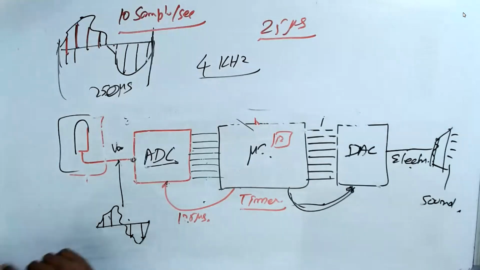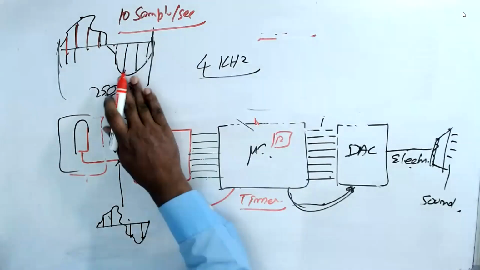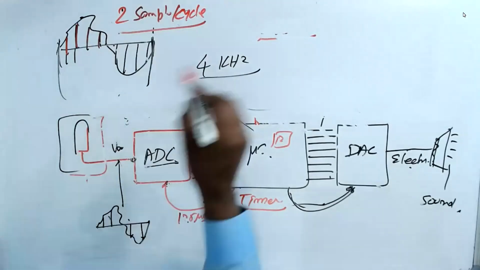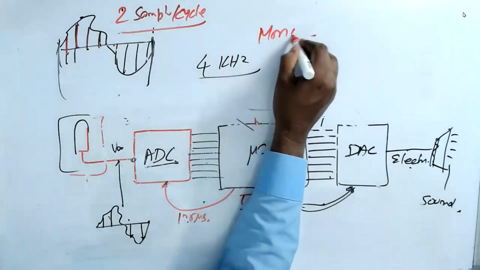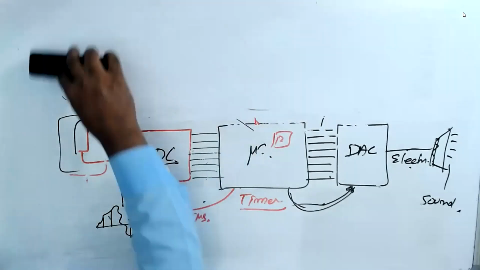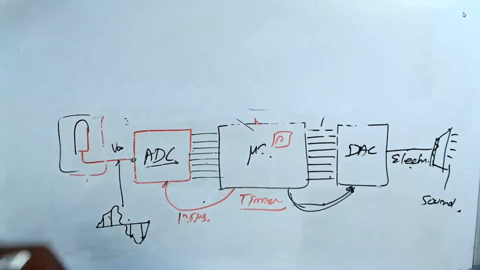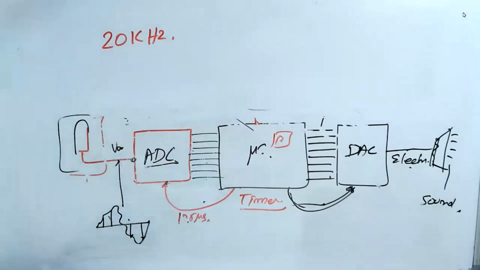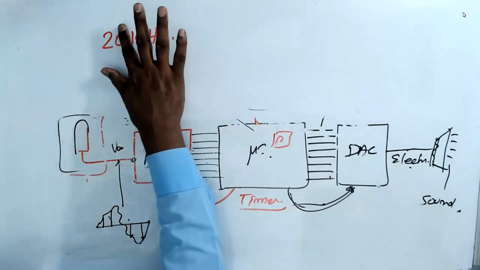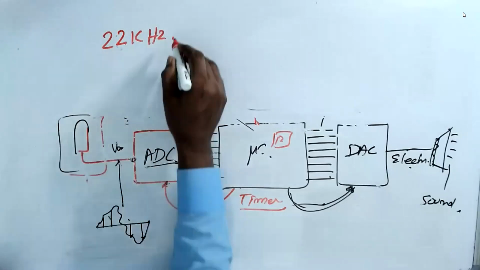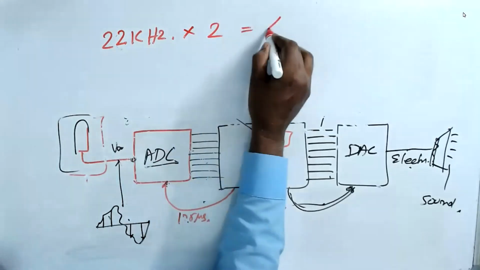Now we come. This 125, 2 samples per cycle, is generally called mono. In stereo, you also have sound. So what they do here is, you know that the maximum audible frequency is 20 kilohertz. They've added 10% extra, so they assume 22 kilohertz. As per Nyquist theorem, I should multiply by 2, so 44K